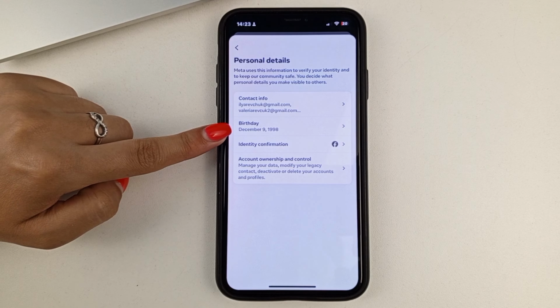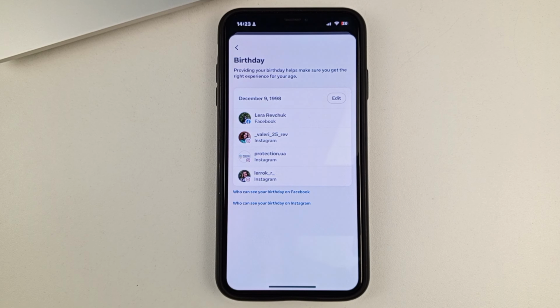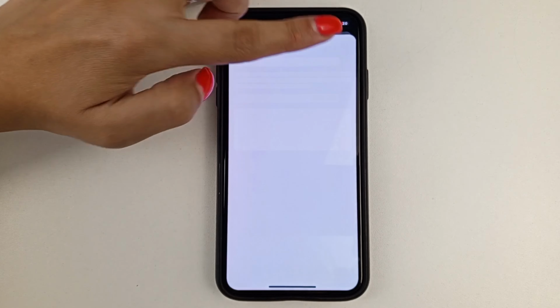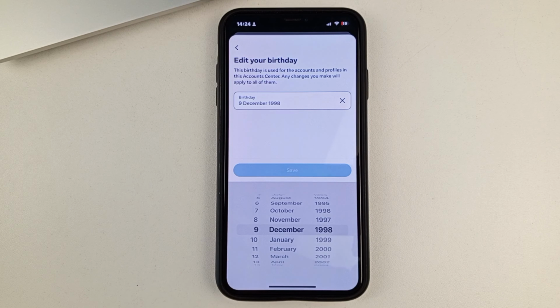After which you will see an item called Birthday. Click on it. And then in the right-hand corner, click Change. This will take you to changing your birthday. And if you click on this line, you can, as you can see, change the date of the month, also the year of your birth, which will change your age on Facebook accordingly.